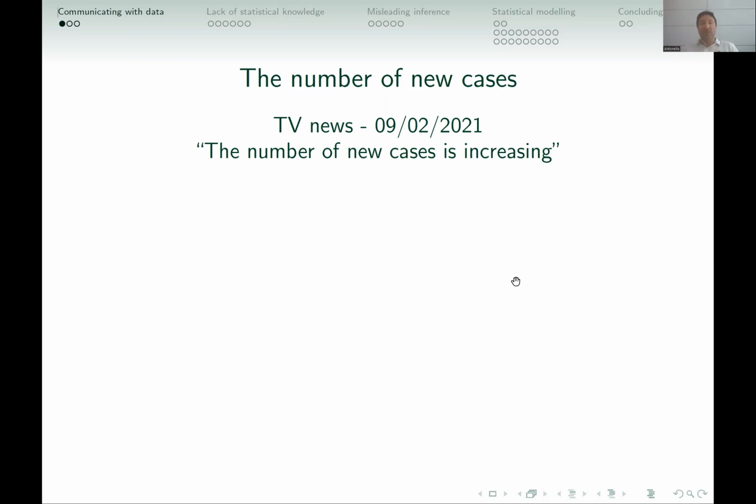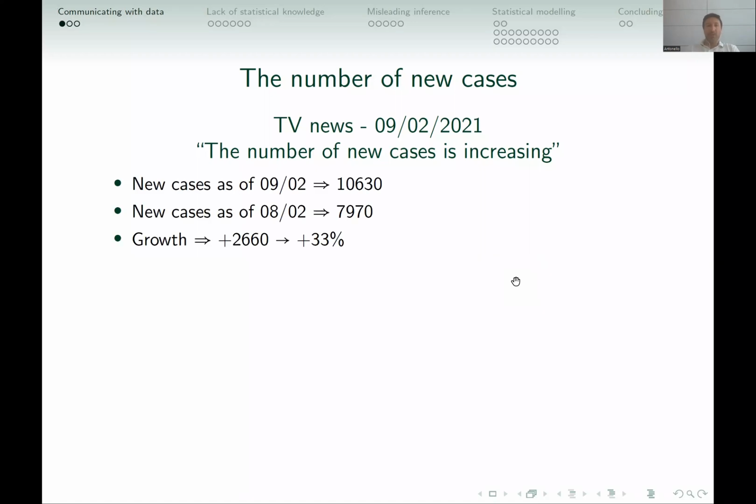So this information was at the beginning of the news, and of course, they would like to say you have to be worried. You have to worry a little bit because there was an increase of approximately 33% of cases from one day to another. Of course, it is a huge increase, but